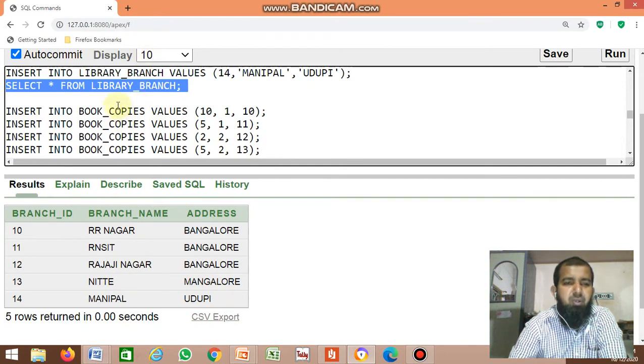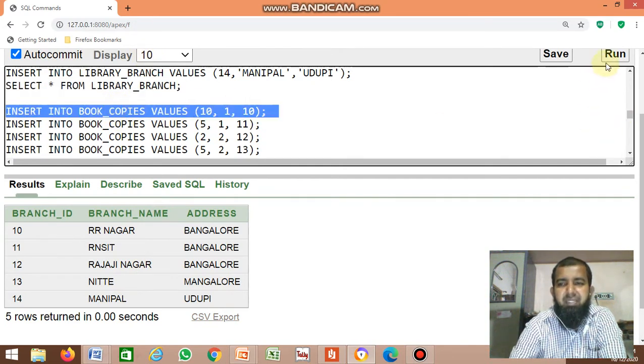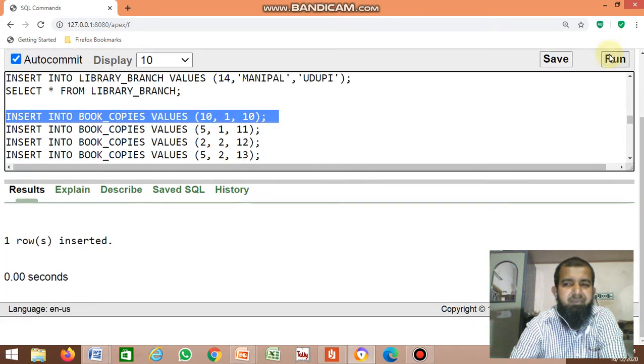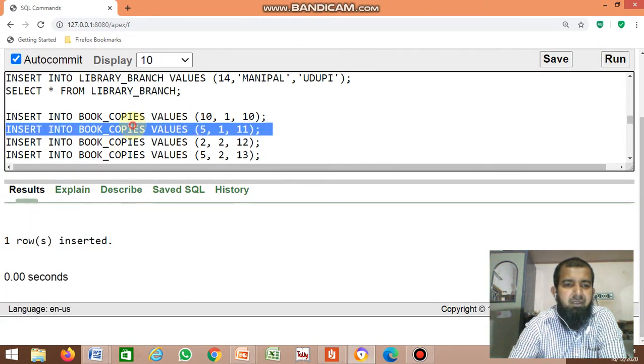Next table is book copies. Insert the values in the book copies table. Insert some records.